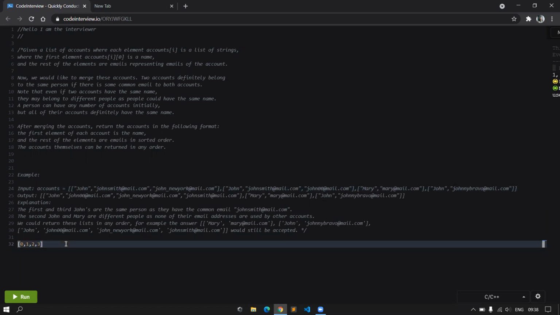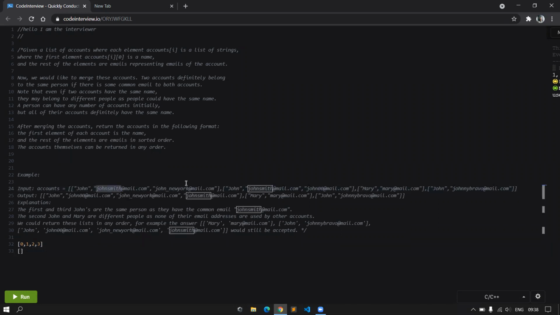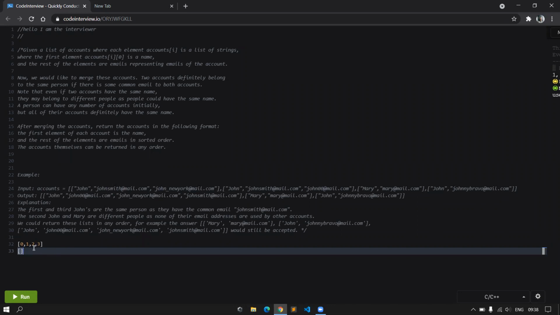Now what I can do is make a hash map with the key as the individual email IDs, and the value would be the list of indexes of the accounts it matches.